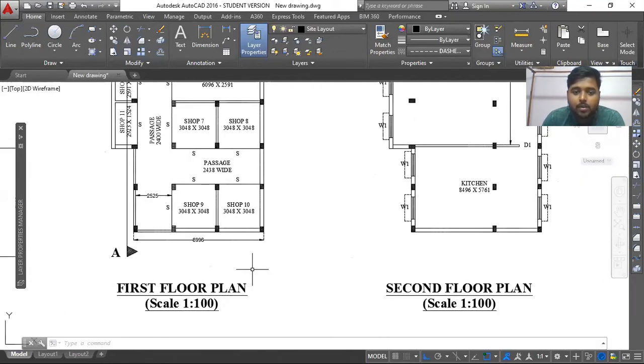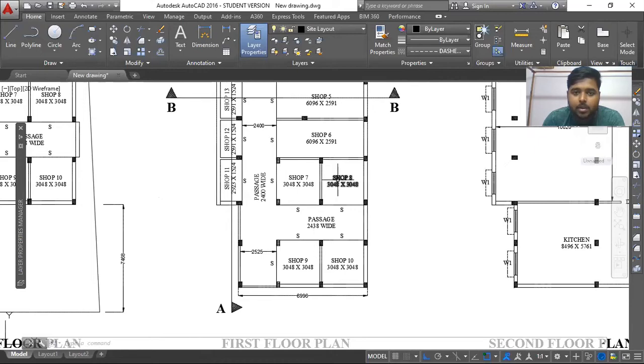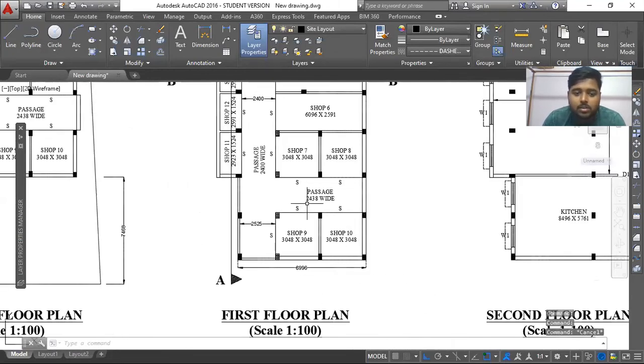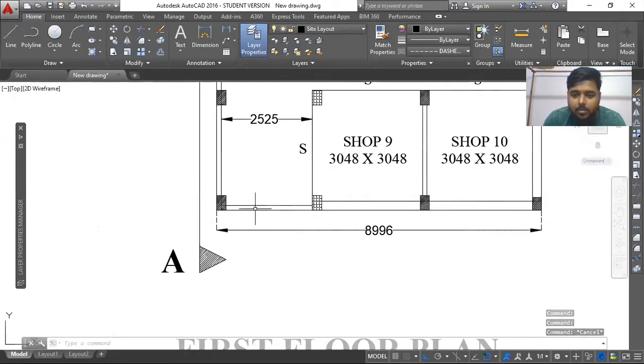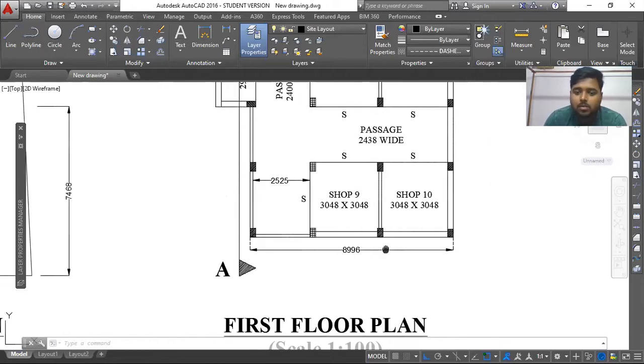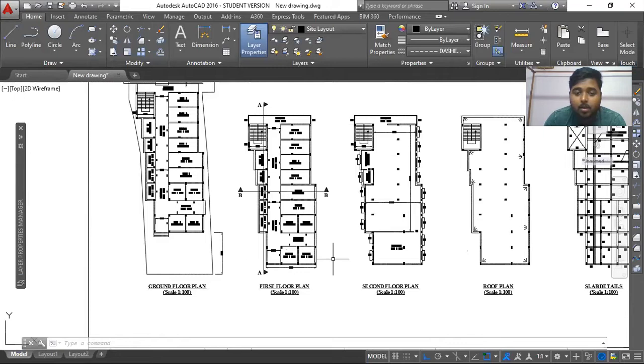Right. So first you need to understand what the scale of your drawing is. Basically I have drafted this particular drawing in original scale. That means in AutoCAD, each line is as it is shown. So this side of this building or plan is showing almost 9,000 millimeters, that means 9 meters. So I have plotted this plan in actual scale, and you should always plot drawings or draft anything in actual scale, that means 1:1 scale.